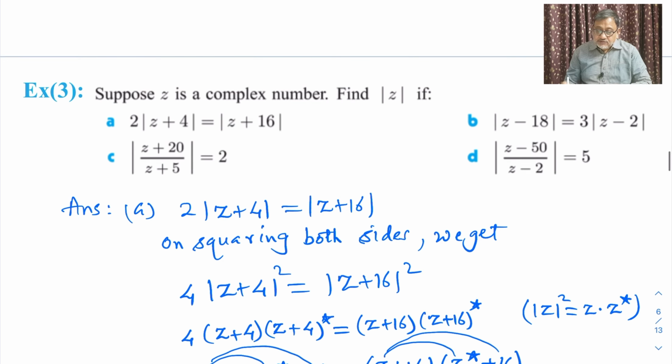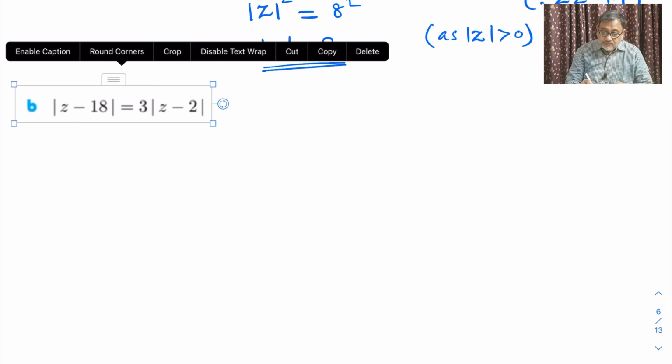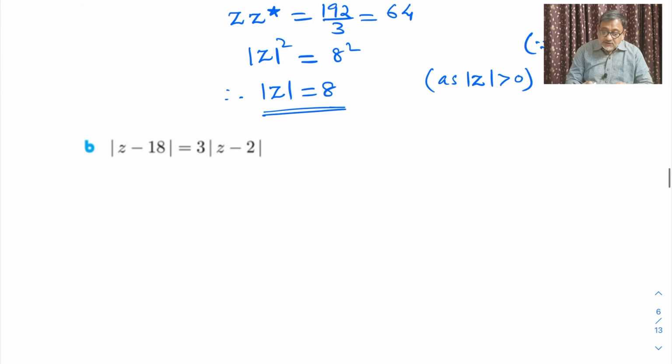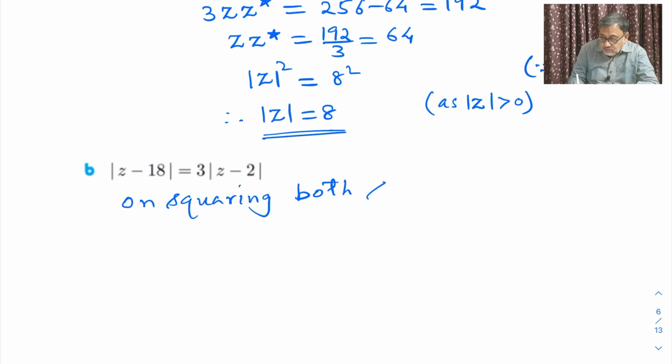Now second part of the question is this part. Let me copy it down there. So this we have to prove now, B part. So again what I am going to do, I will square both sides. Same property I am going to use. On squaring both sides, we get